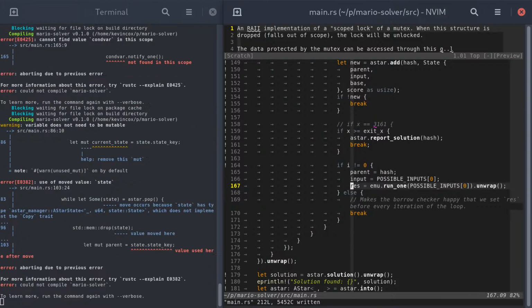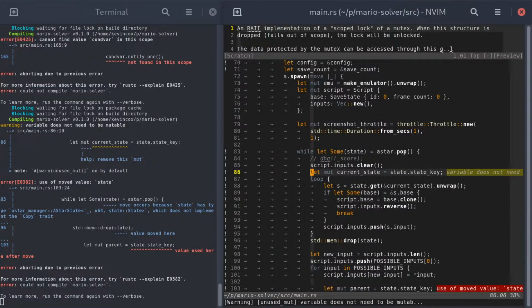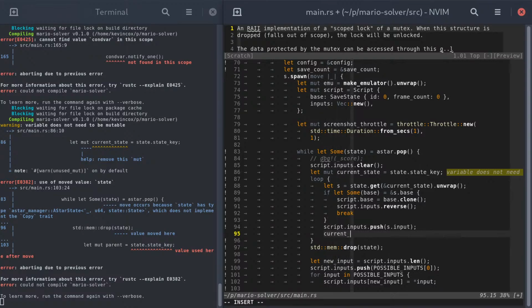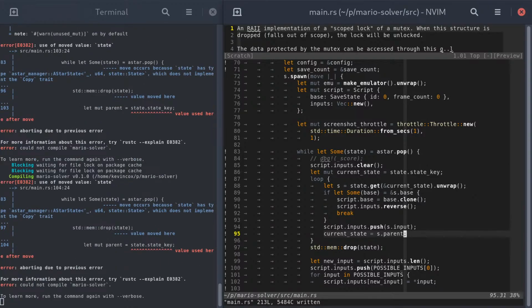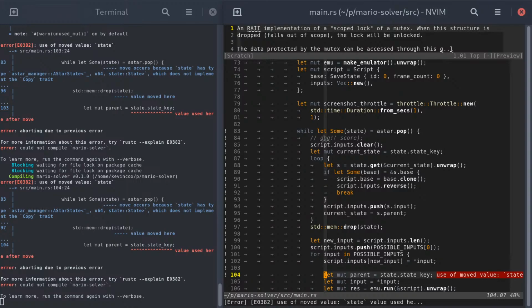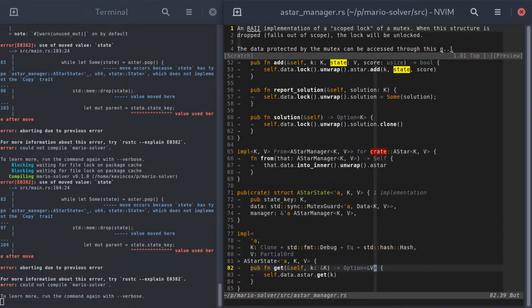Okay, so let's do something, but probably not much. It'll probably stop really soon. Current state. Oh, that's probably a problem. Hey, you found one of my bugs, Rust, and something I complain about all the time. That's kind of nice. Okay, yeah, so instead of dropping state, what we need to do is